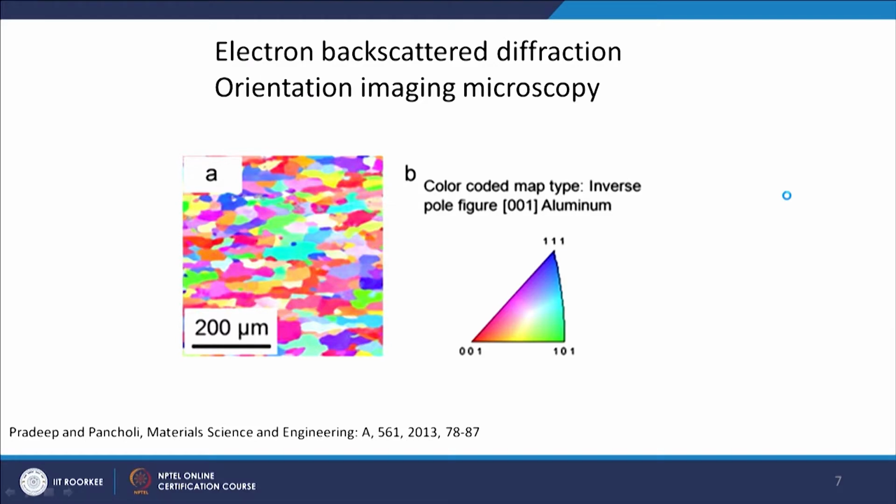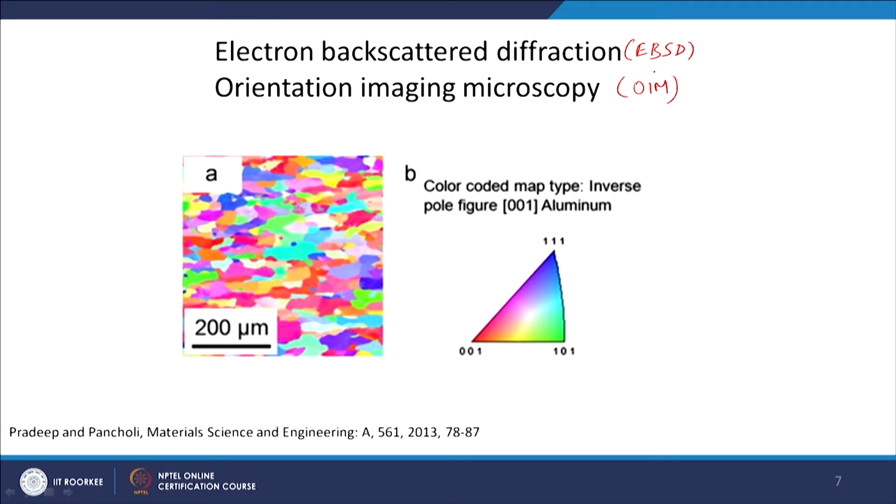Now, as I was telling you about electron backscatter diffraction, a commercial name for this, that is for a certain company, is also orientation imaging microscopy. So, in some papers you will see that the name orientation imaging microscopy, OIM, is used. But please remember that it is a name or product of a certain company, whereas EBSD is a generic name.